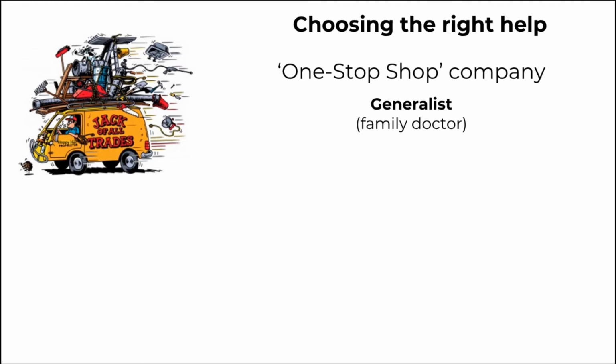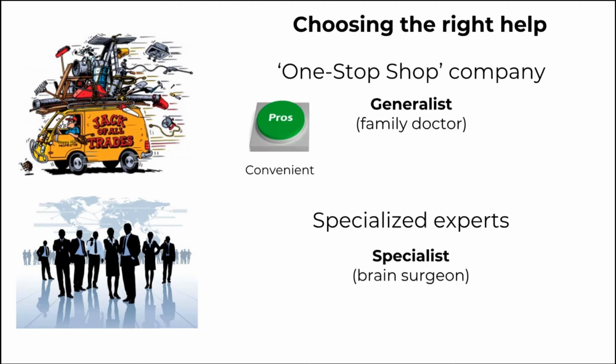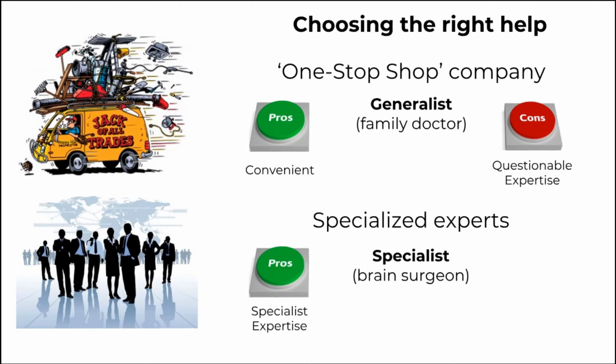On the other hand, you've got specialists who only focus on one thing, only design and engineering, or only fundraising, or only manufacturing. These are more like brain surgeons. They're not good at everything, but they are very good at one thing. Now, the one-stop shop is definitely convenient, but as they say, a jack of all trades is usually a master of none. On the other hand, specialists are the undisputed experts in their respective fields, but are less convenient because